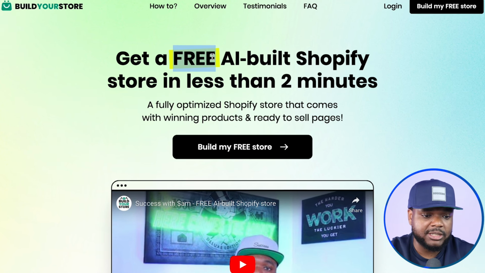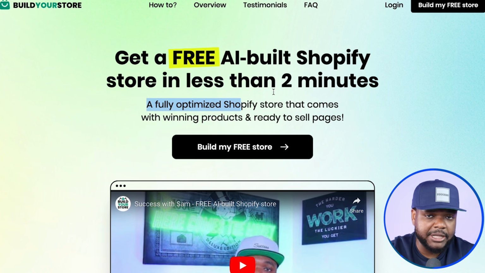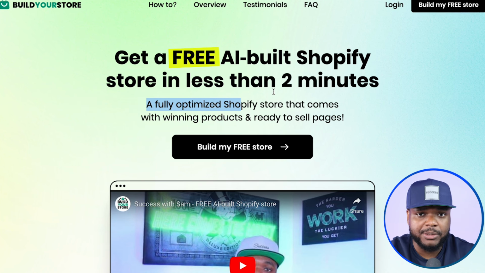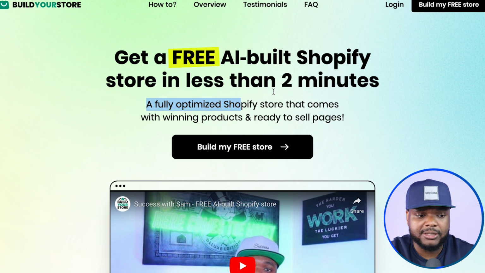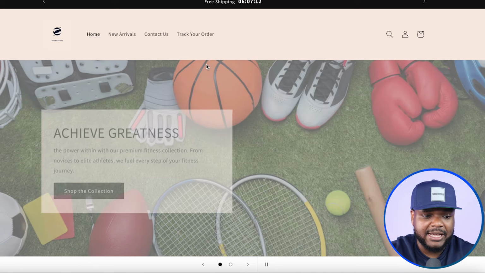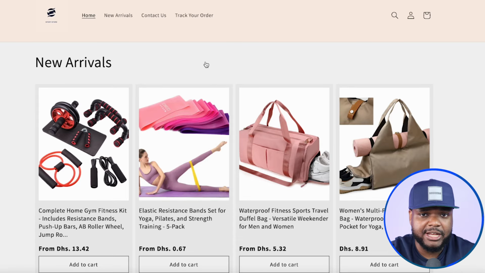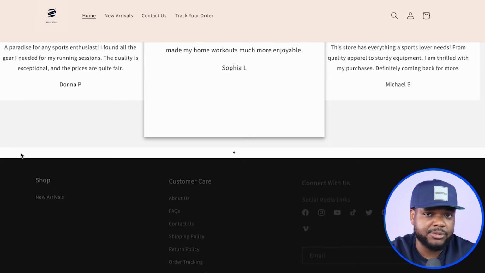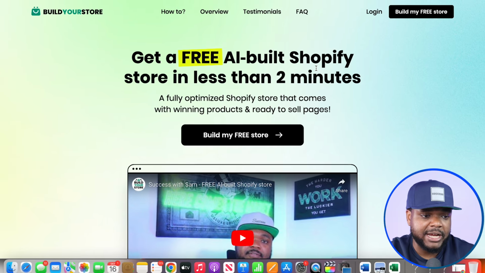And the way that it works is that it's going to be able to build a fully optimized Shopify store, and it's also going to come loaded with winning products for you to start selling. I personally use this myself when it comes to testing products, seeing what's working, seeing what's not working, and it just saves a lot of time, because if you had to build a website yourself and you had to load it with winning products, it will take maybe 3 days, 4 days, especially if you're completely new to this. So this is one of the first applications that I would recommend that you use,